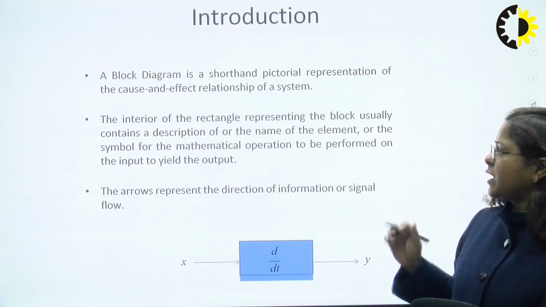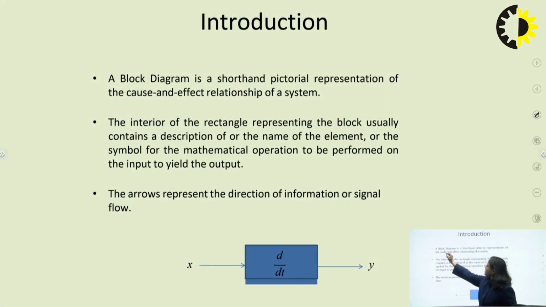Moving towards block diagram. What is a block diagram? It is basically a pictorial representation of a system, and it gives only the input output relationship of any system, that is cause effect relationship, and will not describe anything or any component details of the system. The arrowhead representation is used to show the direction of signal, whereas the rectangular block consists of the mathematical description or transfer function of system.